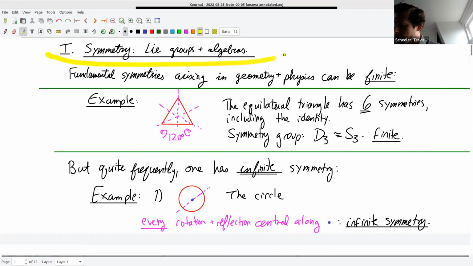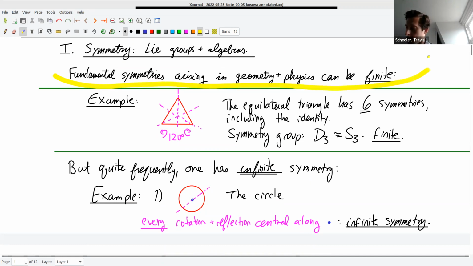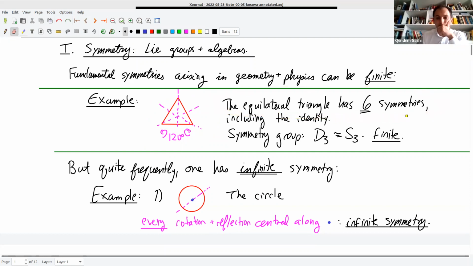So let's start with symmetry. So what are Lie groups and algebras, and what is symmetry? So fundamental symmetries that arise in geometry and physics can be finite in nature. So here's an example of a finite symmetry. Here we have a triangle, right? And it has some symmetries. You can rotate 120 degrees, or you can reflect across one of these symmetry lines, 3 of them. So if you add the symmetry lines and the rotations, including the trivial rotation, you have 6 symmetries here, which